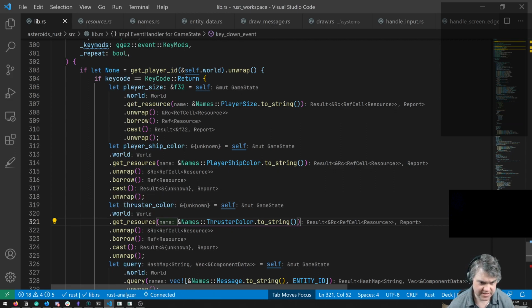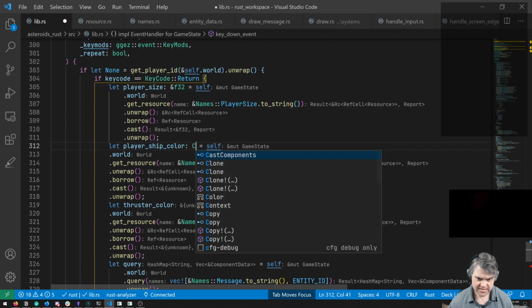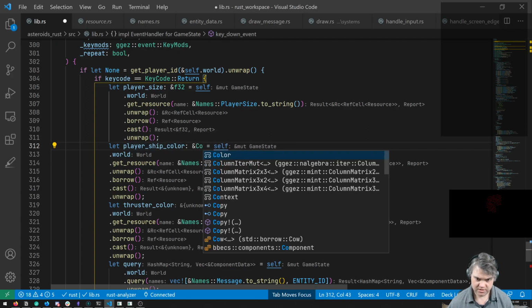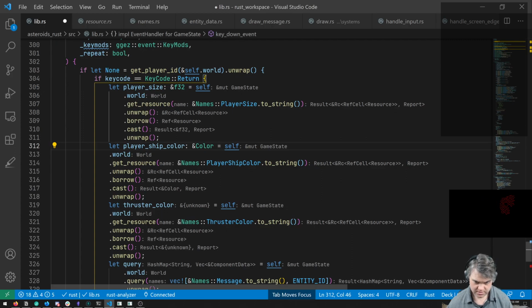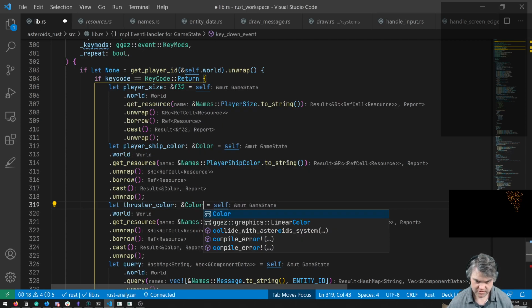Okay, the big thing is to give you your types. So player ship color is a reference to a color, and thruster color is a reference to a color.